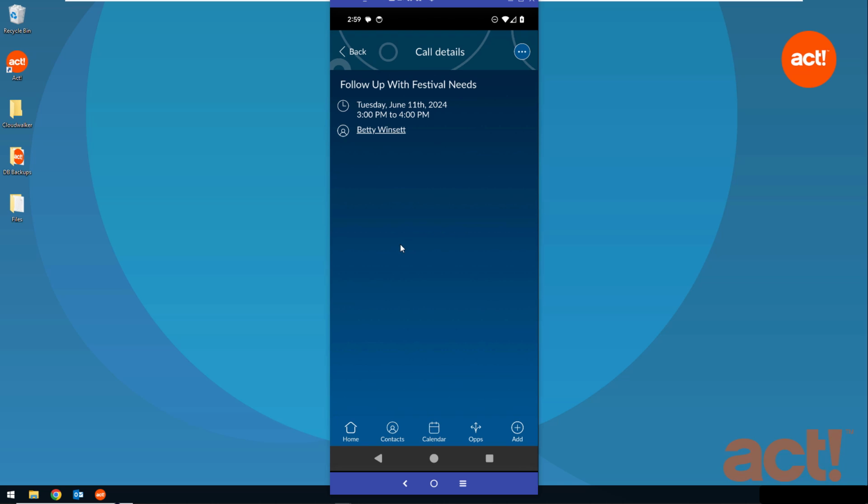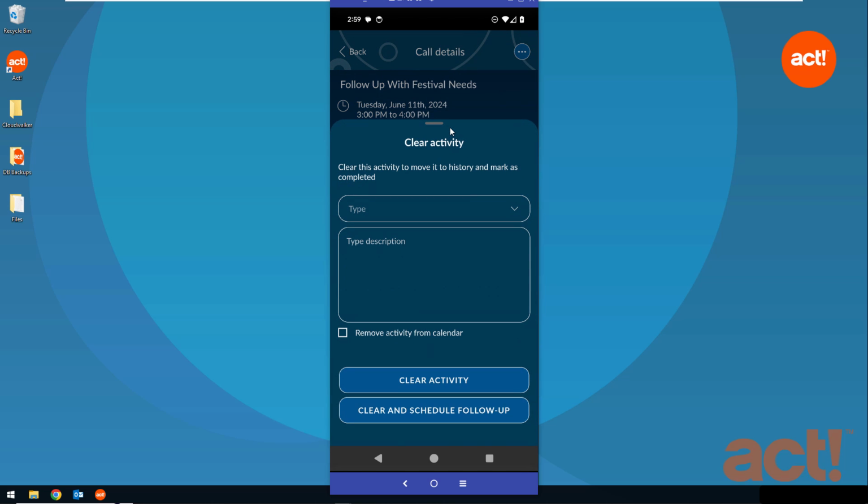So I'll tap this activity to open it, and then in the top right corner, I'll use this ellipses button to choose Clear Activity. This presents the Clear Activity screen, where I could enter the results of the activity. I'm not going to do that one just yet, because first I want to show you an alternate way to